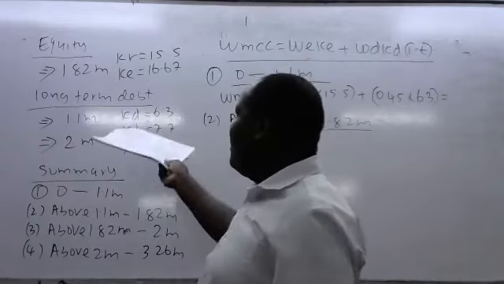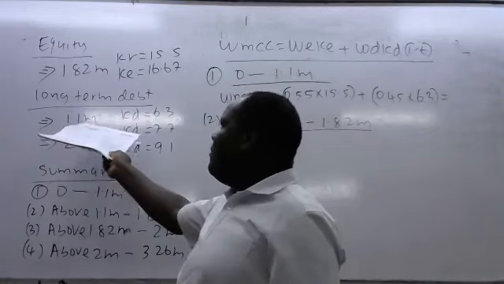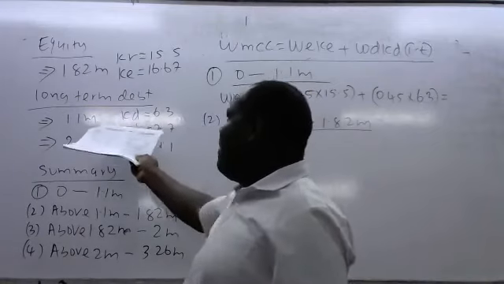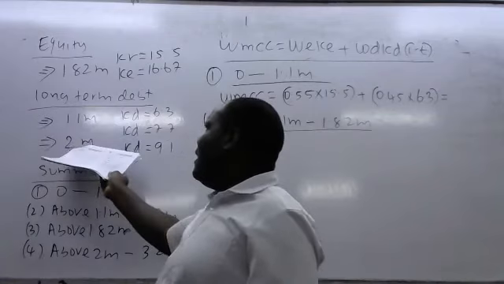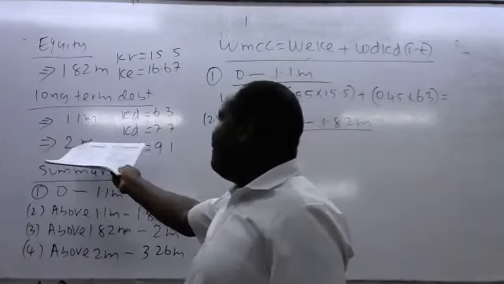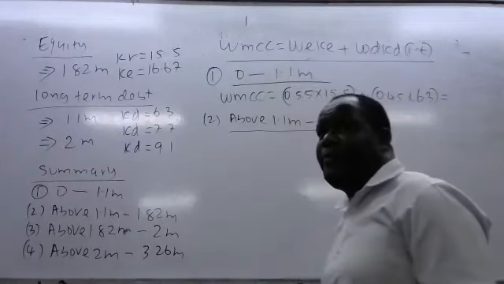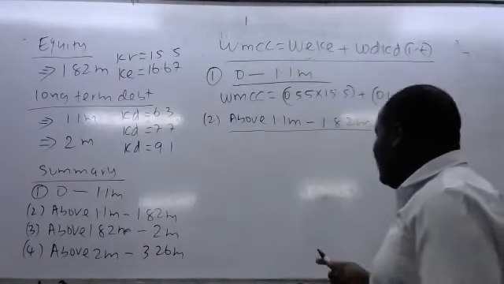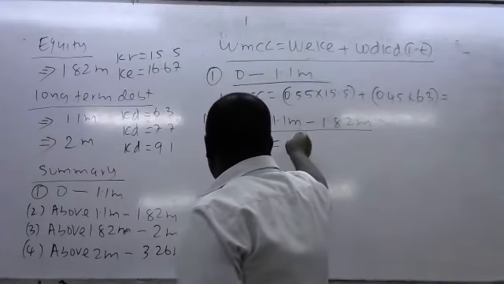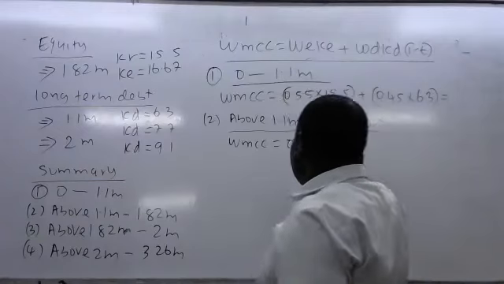When it comes to the long-term debt, 1.1 and below, it is 6.3. Above 1.1 up to 2, that will be 7.7. Anything above 2 million, we change to 9.1. So for this one, to compute our WMCC, it is 0.55, but we are still